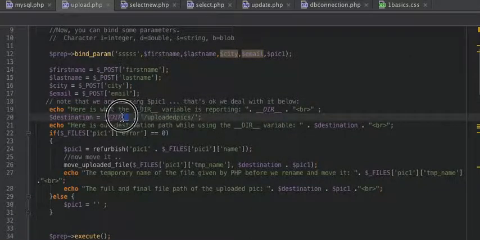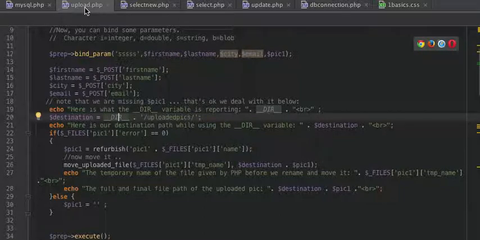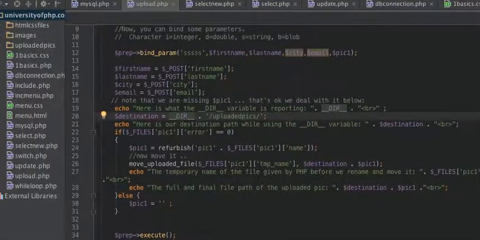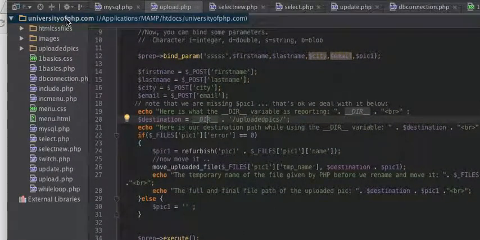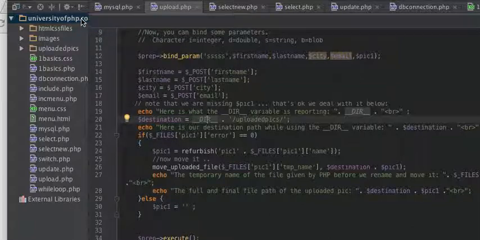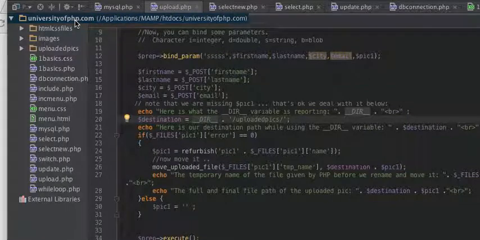Now, what is this thing here? This is like a constant from PHP. I did not create this myself. This right here will tell you the present directory of this script. This upload.php script file exists in this directory, and if we look at the whole path, you can see applications, MAMP, htdocs. It goes all the way out, and this is the actual full file path of this particular script. So no matter where you put this script, for example, after you upload it to your server,